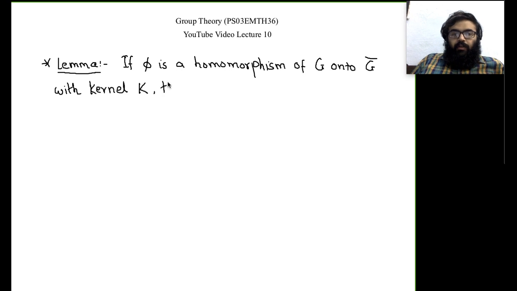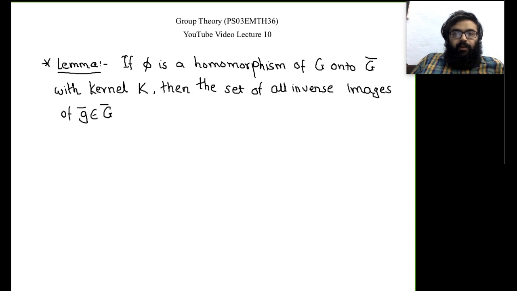So the result is this: the set of all inverse images of some element of G bar under phi. The inverse image will be in the domain, so in G, it is given by